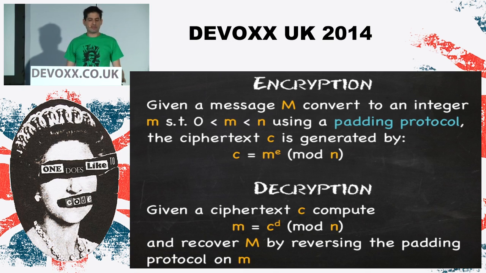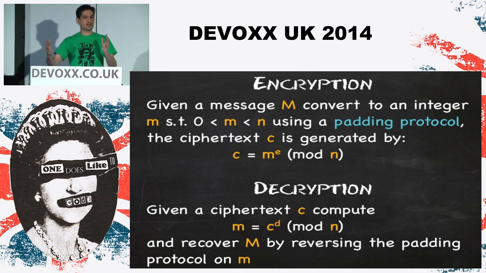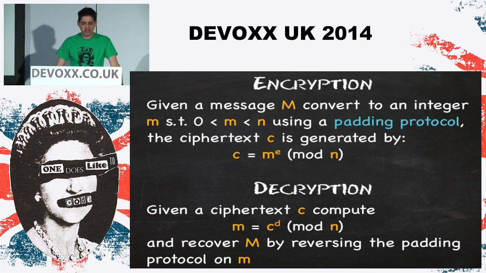And we do that by using a padding protocol. So if it's too short, we can add stuff on the end. And we need to do it in a special way, because if we just add zeros, then obviously that gives you a lot of repeated data to then crack. And so you need to make sure that the padding contains random content.